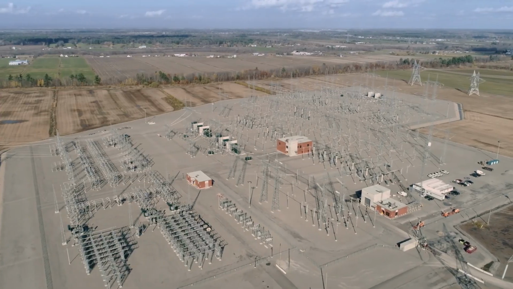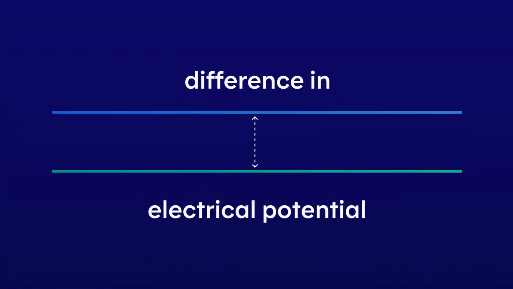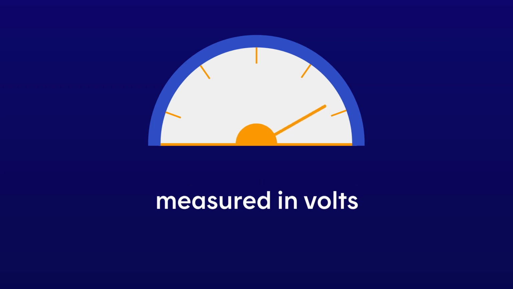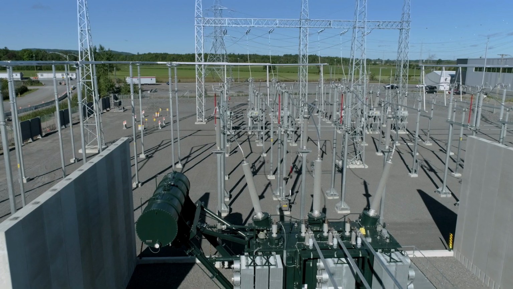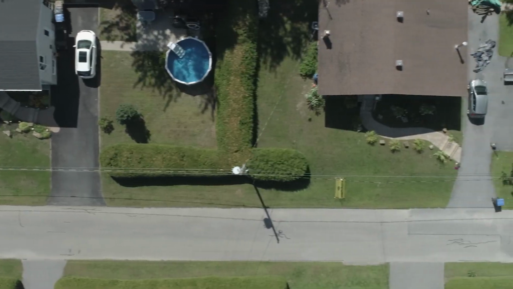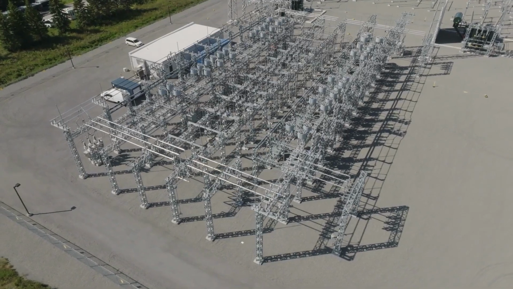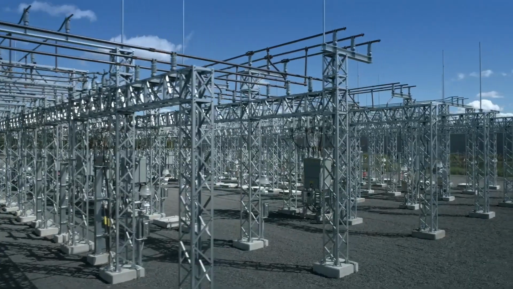A substation connects parts of the power grid that aren't at the same voltage level. Voltage is the difference in electrical potential between 2 points, and it's measured in volts. If there's no voltage, there's no power. The substation's main role is to raise or lower the voltage level of the electricity before it reaches our homes. It also directs the electricity by determining the route it will take to reach its destination, and it protects the